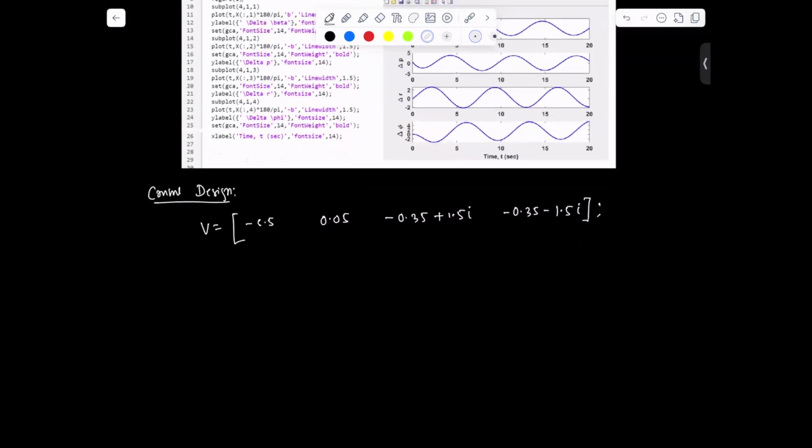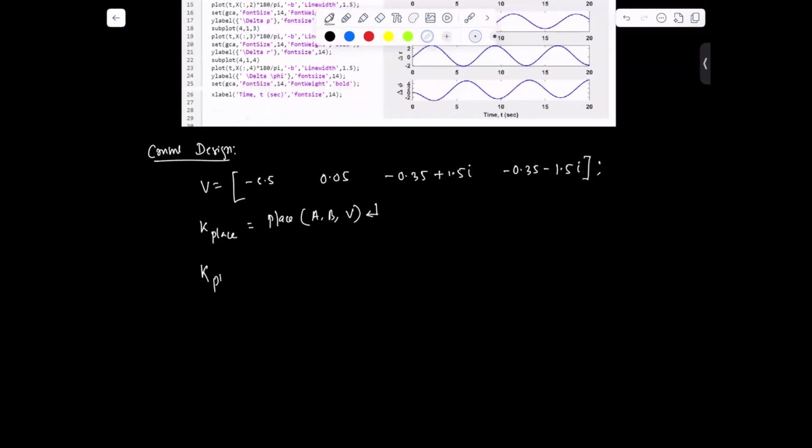Now we can use the place command to find the control gain parameters. Place, this you have already done before: how to find the gain of the system, the control gain of this controller. Place A, B, and P. Also, we have done numerically how we can solve the equation to find K place. So we are not doing this; this we have already done.